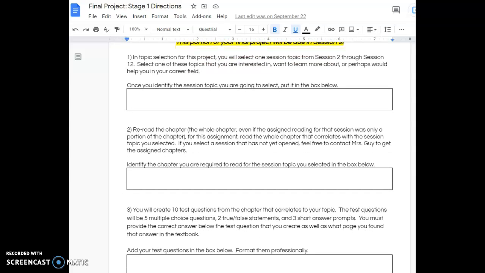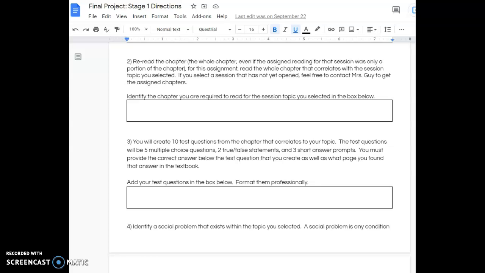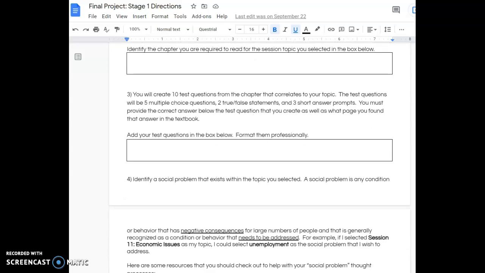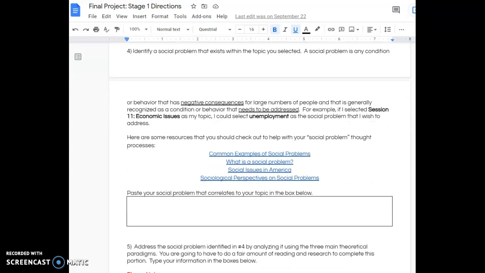Remember, you will identify a topic and the chapter that it correlates with. You will create test questions from the textbook, and then you will figure out a social problem that is relating to that topic, and you are going to explore that social problem pretty in depth in the coming weeks.